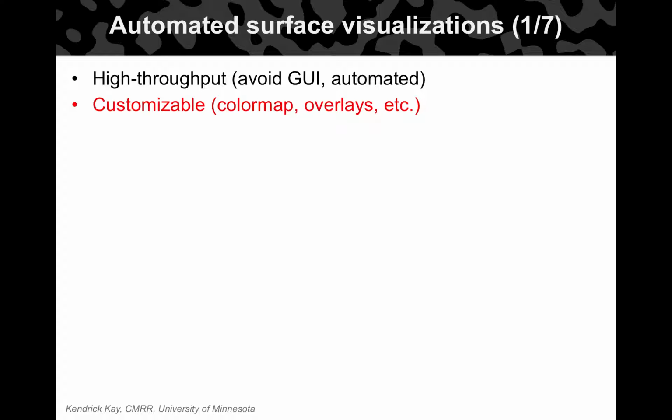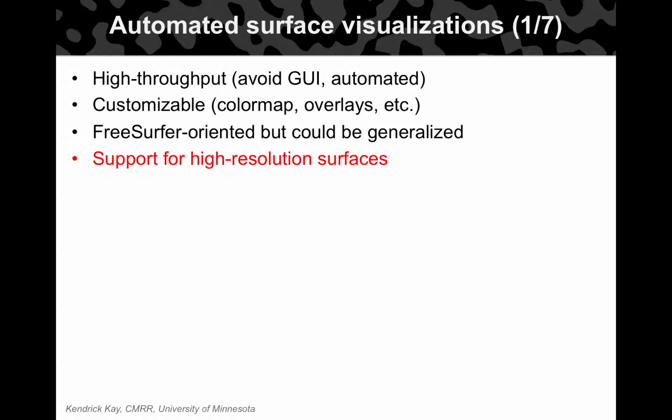Of course, customization is really important. We have all these choices of what color map to use, how to do transparent overlays, and so on. And we do use FreeSurfer, so the way we've structured the code currently depends on FreeSurfer having been run, but with additional work we could generalize it to work with whatever package you prefer. I'll show you a couple of images about this high resolution work. We modify FreeSurfer a little bit, or at least call various utility functions in FreeSurfer, to deal with really high spatial resolution data.